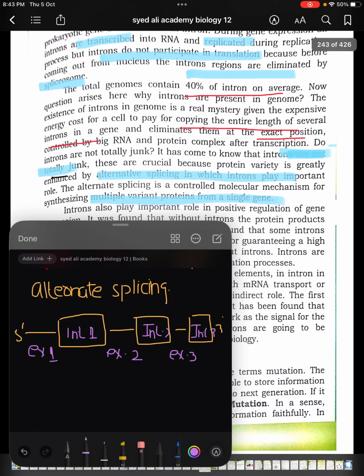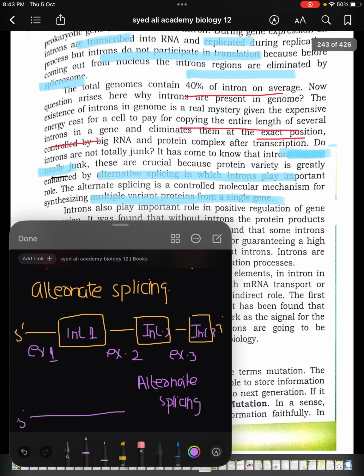Okay, we know that in the process of splicing, proteins come and the spliceosome is formed and introns are eliminated. So we say that in alternate splicing,